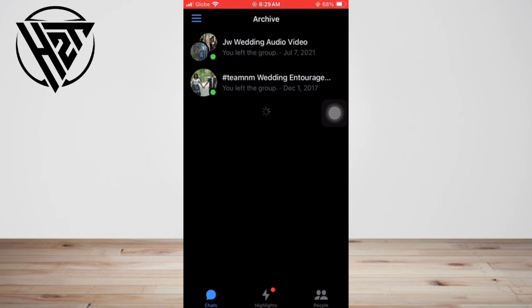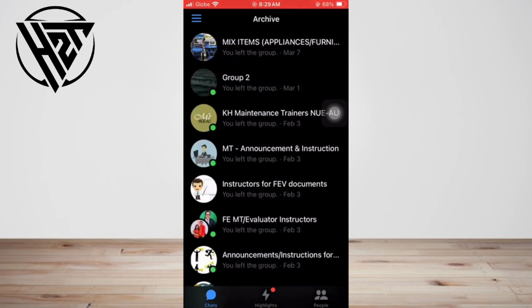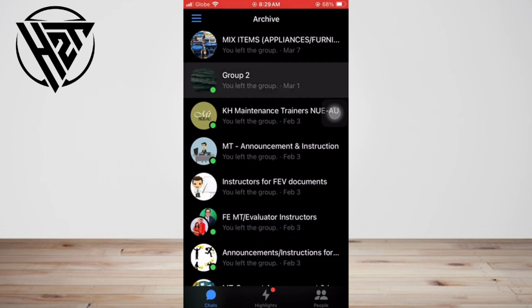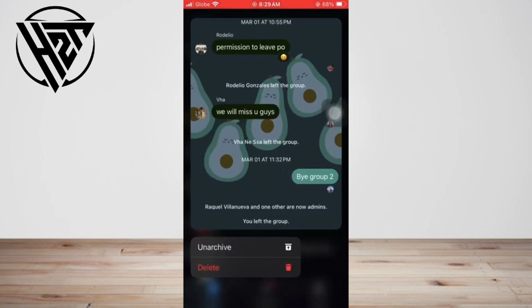If you find the conversation in your archived chats, swiping left on it will bring up some options. Then, tap Unarchive. The option you see will vary by platform. This moves the archived conversation back to your inbox.